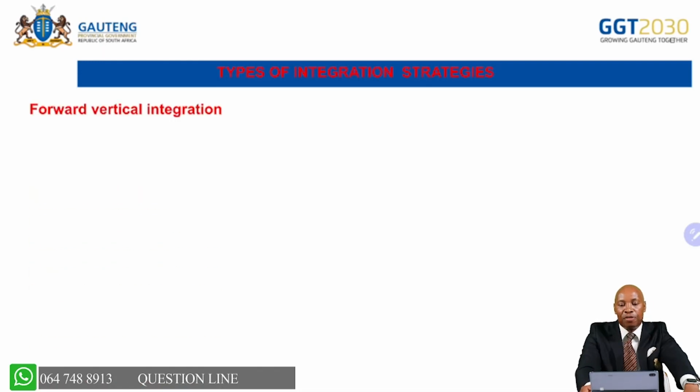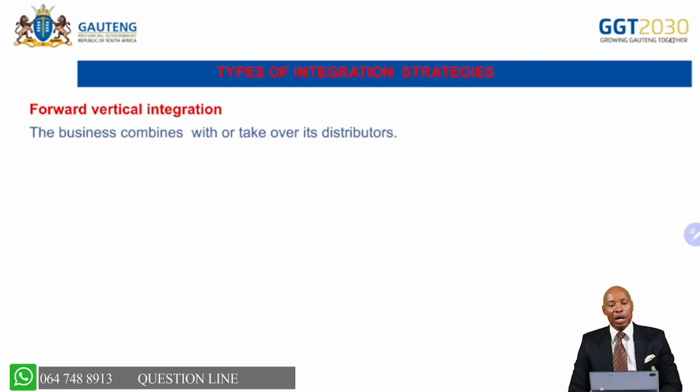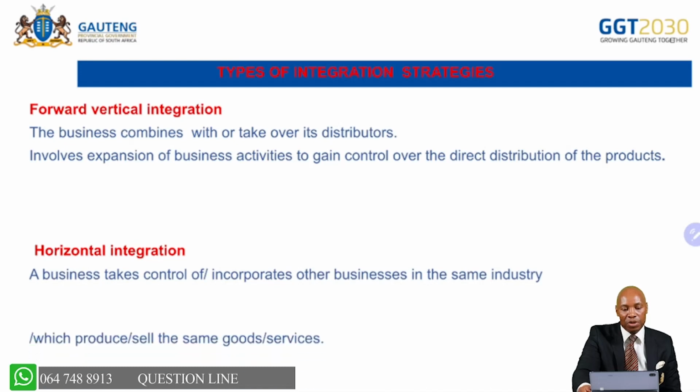Now, getting to the types of diversification strategy, we're going back to the learning objective. What is that as a candidate I need to know about the business strategies? Remember the action verb which was associated with the business strategies was to describe, discuss, explain. Will I be able to do that? Now let's see. Now we're taking our forward vertical integration. Let me just throw in this. I'm throwing all the business strategies.